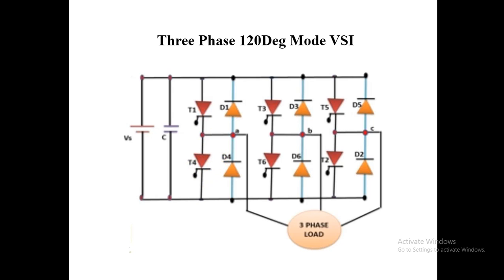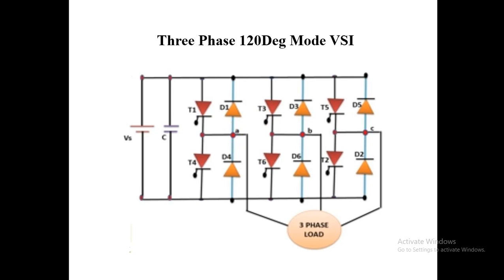Like that, when we take the T3 and T6, these are all the same thing. First 120 degrees T3 conducting, then after that 60 degrees gap, T6 comes into action. Means when we consider only arms, there is a 60 degrees difference between the on and off of both thyristors which we connected in series on a particular arm. So this is the main condition here in 120 degree operation.